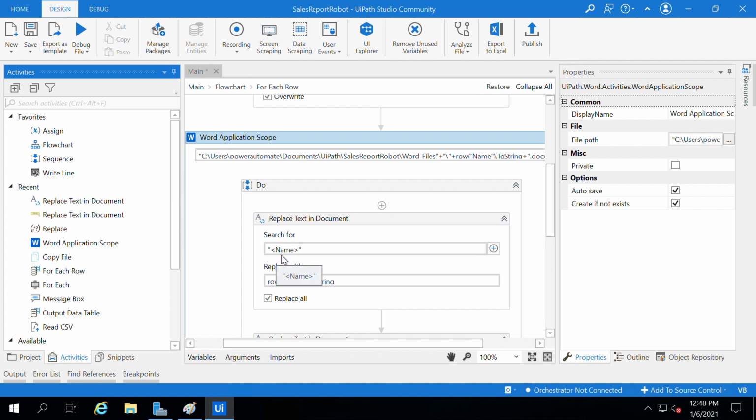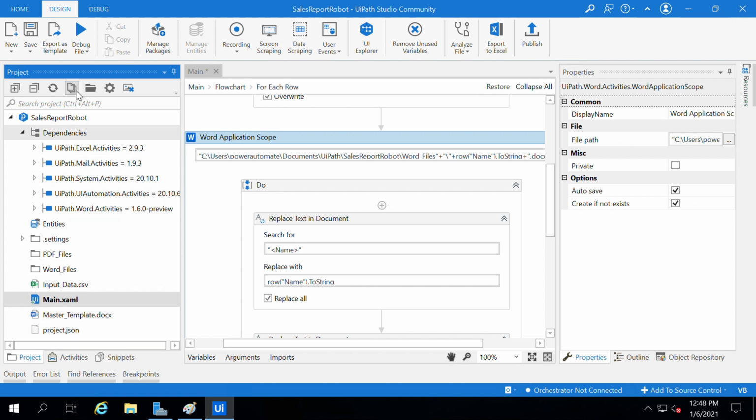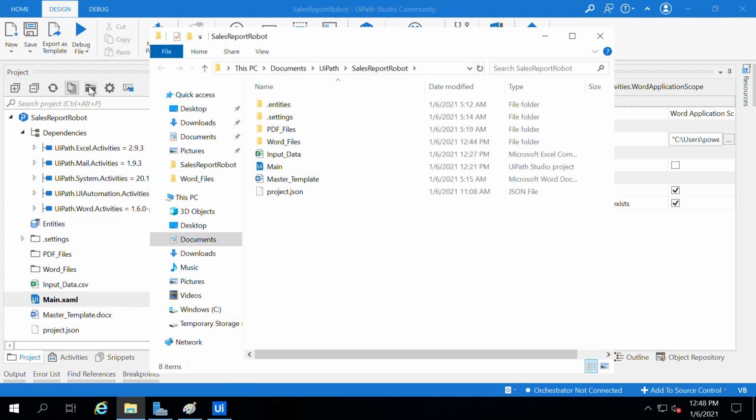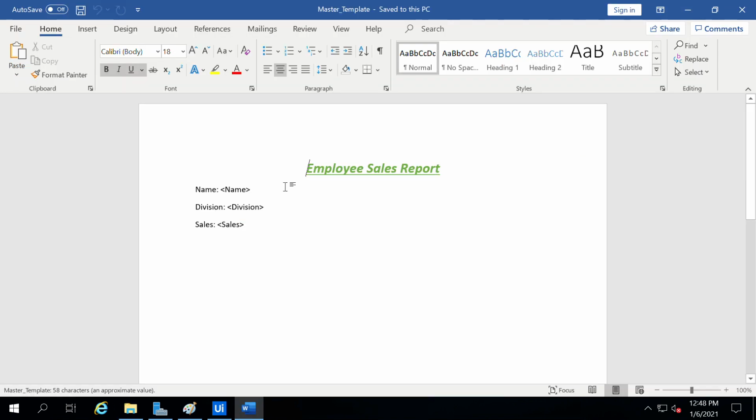I have given the name placeholder, because if you go to the project settings and open the master template, the name is there as a placeholder. We have to specify what text it should search for in the document.